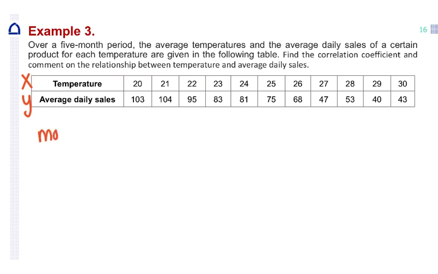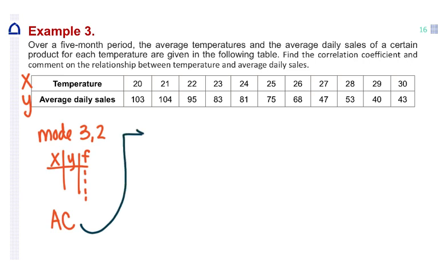So we'll press mode 3-2 on our calculator. We'll see this table of X and Y. Sometimes you might have the frequency. Just let that fill out itself. And put in each of these numbers, and when you're done, we will press AC. Okay, you can pause this video, enter that data in. When you're done, we will press Shift 153, and we should get that R equals negative